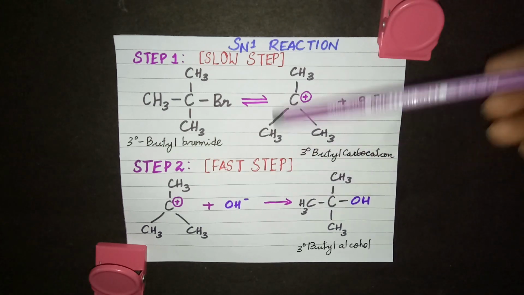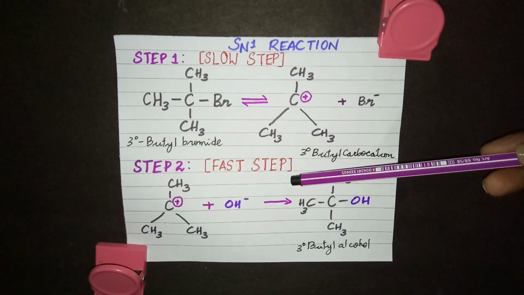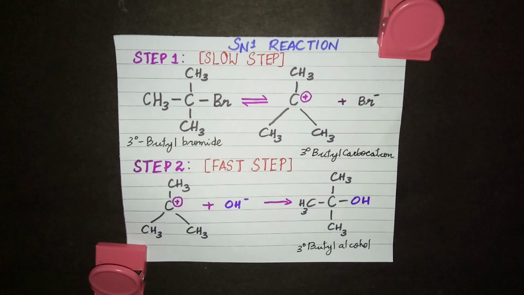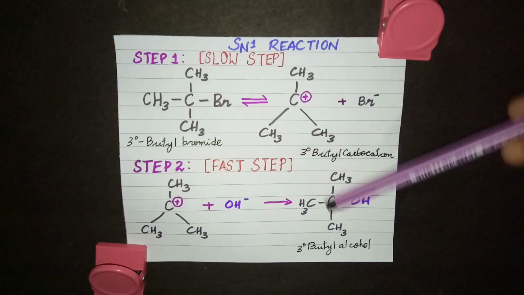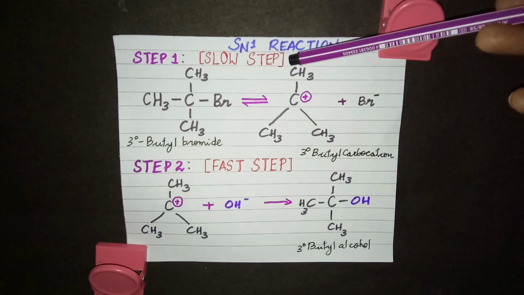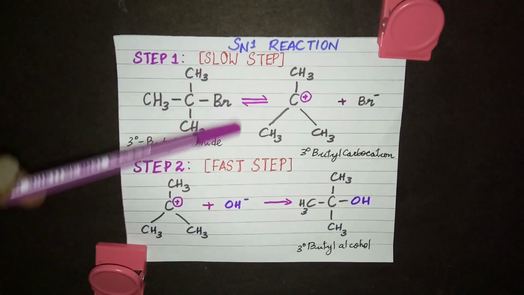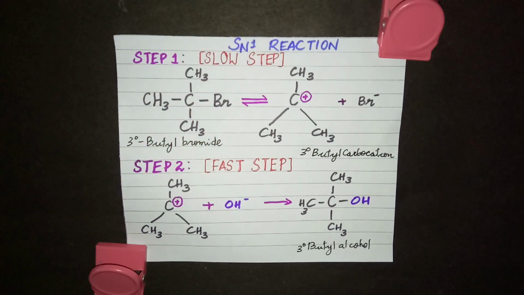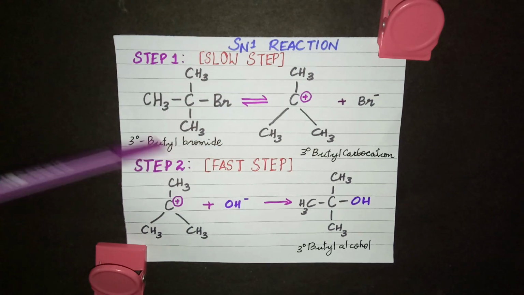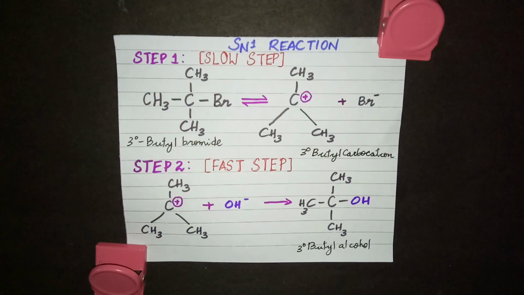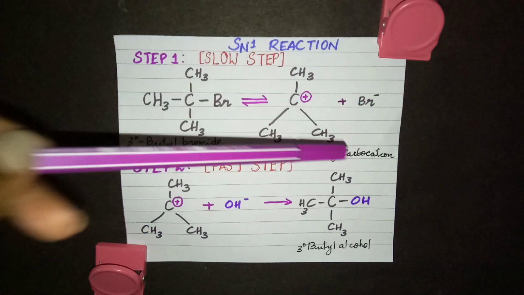See, there are two steps and I've written this is the slow step and this is the fast step. Okay, so in chemical kinetics, the slow step is taken as the rate determining step. So the entire rate of the reaction, whether it is happening in one step or multiple steps, we consider the slow step to be the rate of the reaction. So this is determining the rate of the reaction. So in this reaction, you have just one reactant. That's the reason we write unimolecular, because the rate of the reaction depends upon the concentration of only the alkyl halide. So remember, SN1 reaction takes place through the formation of carbocation.